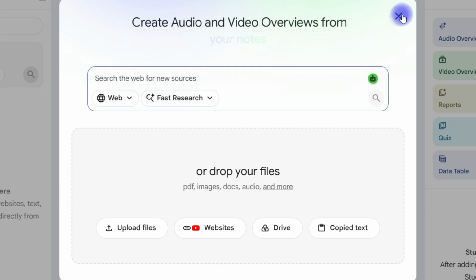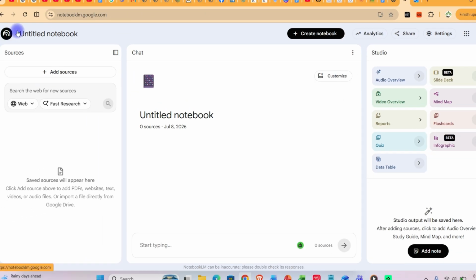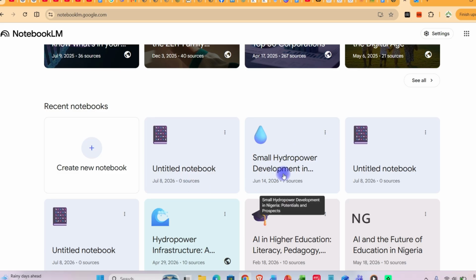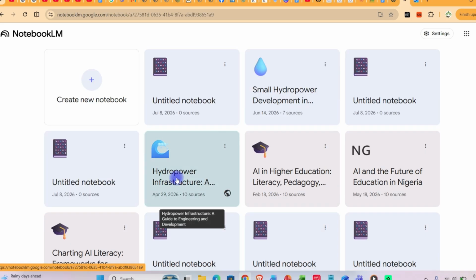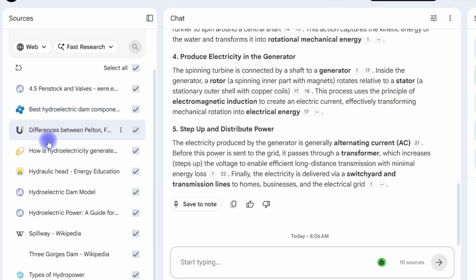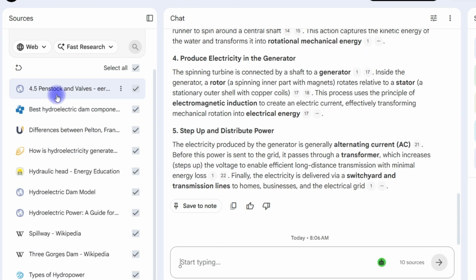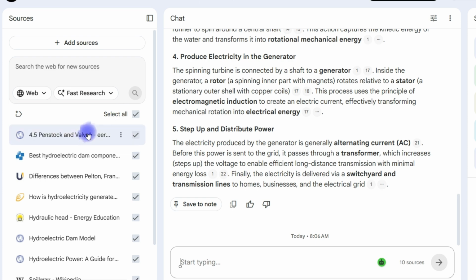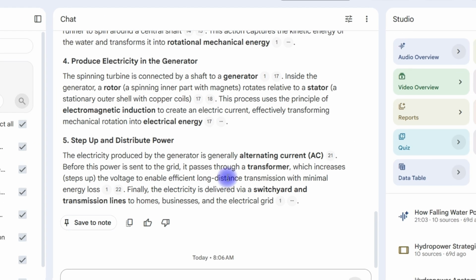So for this tutorial, I'm going to use one of my existing NotebookLM notebooks that I've created. Let's say we're going to use this hydropower infrastructure project that I have worked on, and I've added some sources. Like you can see, I've added a series of sources, mostly from the web. Okay, so now to create this particular slide in handwritten format, all we need is to refer to these sources